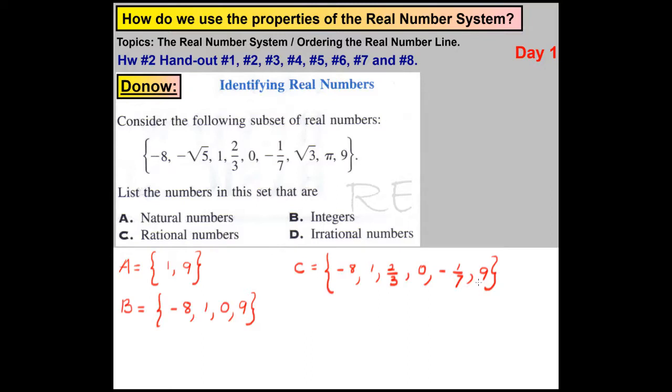And for G, which is completely separated from all of them, it's negative square root of 5, square root of 3, and